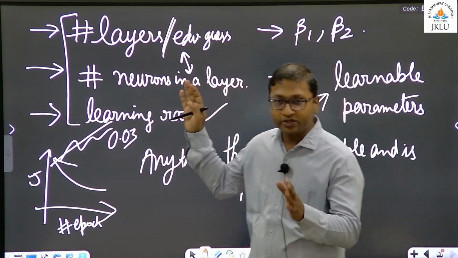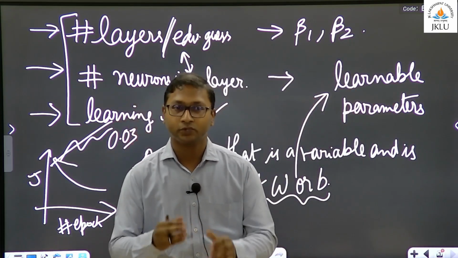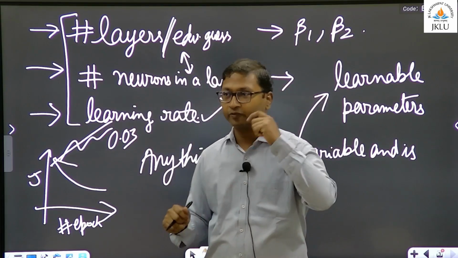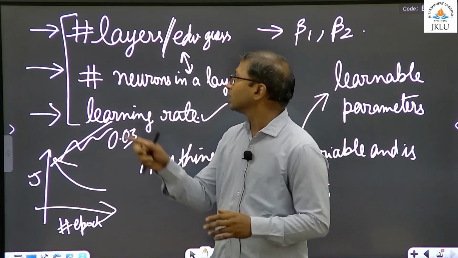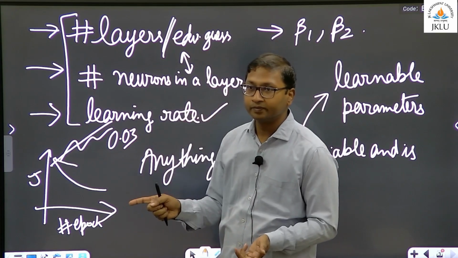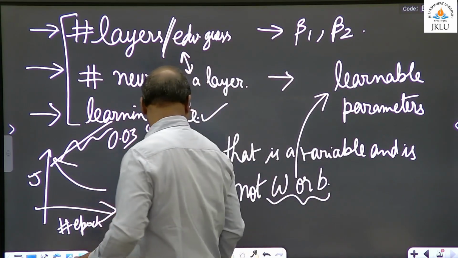Right. So, how do you decide the number of layers? You make an educated guess, and that will come with experience. So, how many neurons in a layer? There is nothing that says